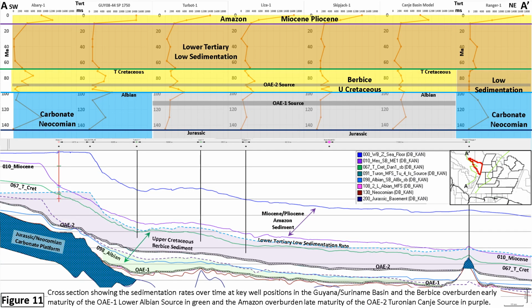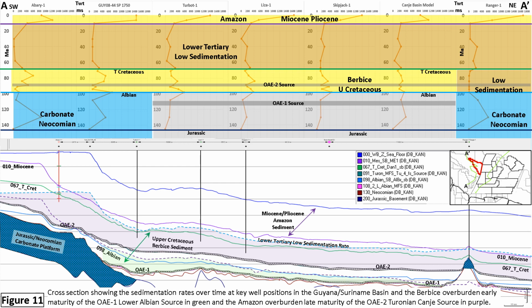The next lines are the cross-sections. A couple of things about the cross-sections: going south to north, you see the Neocomian platform and the deep water, and the lower Albian OAE1 source rock, and the green area there shows where that lower Albian OAE1 source rock is mature and present. The OE2 Turonian Canje source rock is shown there, and the purple shows where it would be mature based on